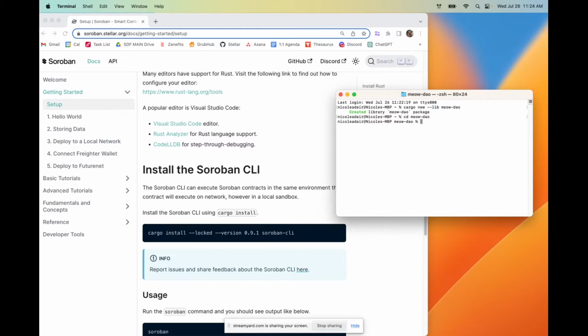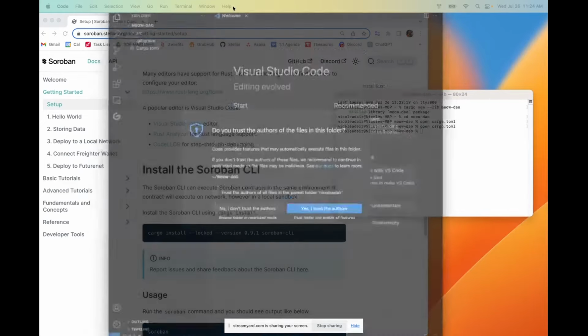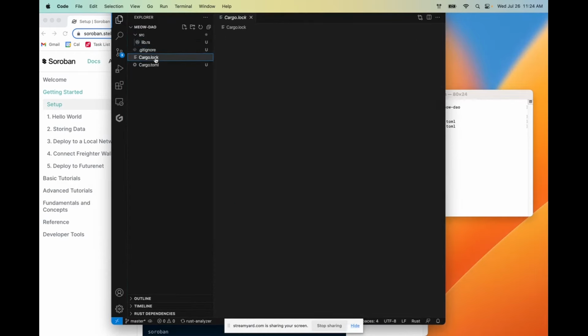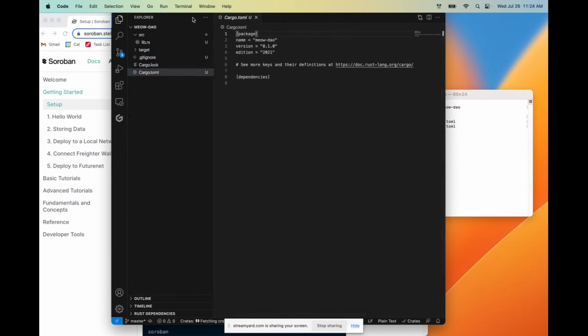Once we're there, we're going to open the toml file that has been created. We're going to do that with open Cargo.toml, and it actually did open, but I'm going to do it again because I have too many other windows. So again, yes, I trust this author. And here's our toml file.